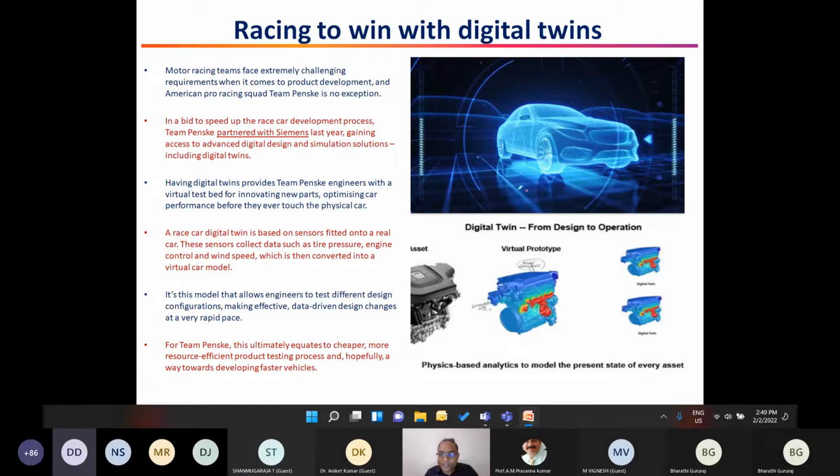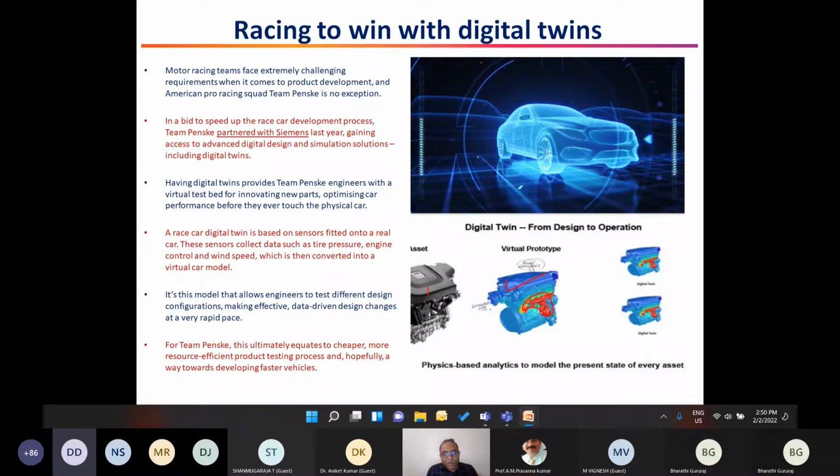If you notice this smaller diagram below, we have one engine, and a simulation version or a virtual prototype of the same is done. You can see these yellow and red lines which indicate the possible locations of concerns. With this real-time data sensing, they will be able to identify the problem, and then possibly look for a solution. In the next version of the cars, they will have engines which are free of these kinds of concerns, right?